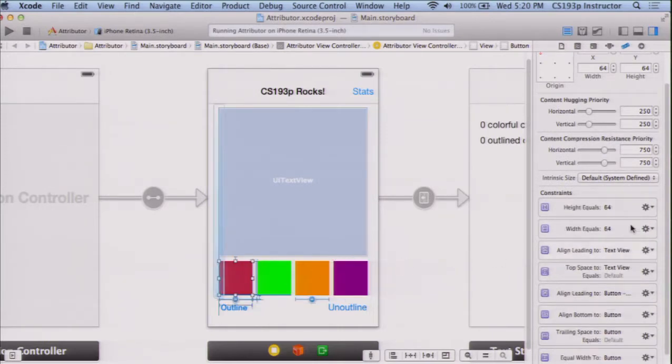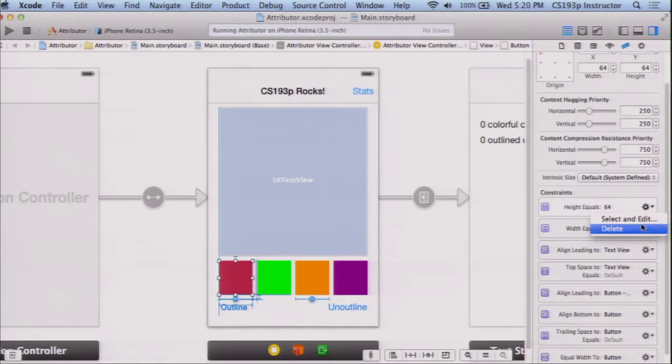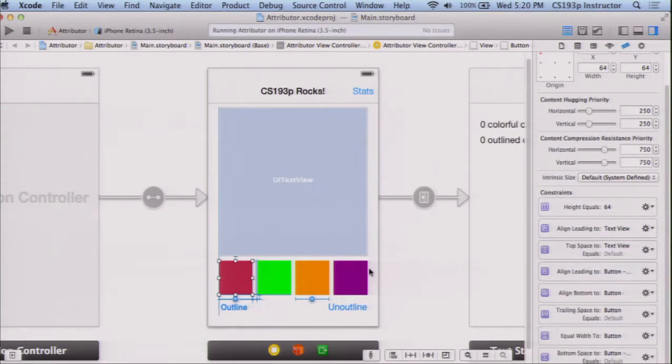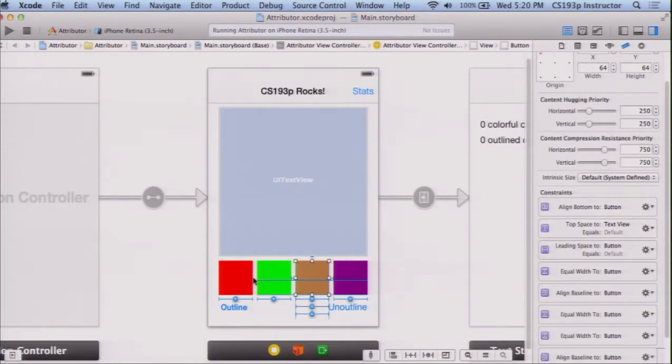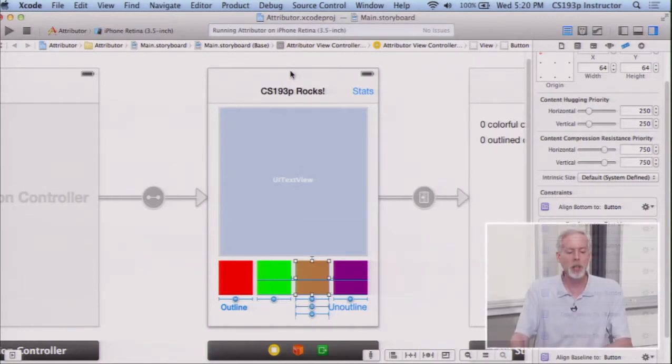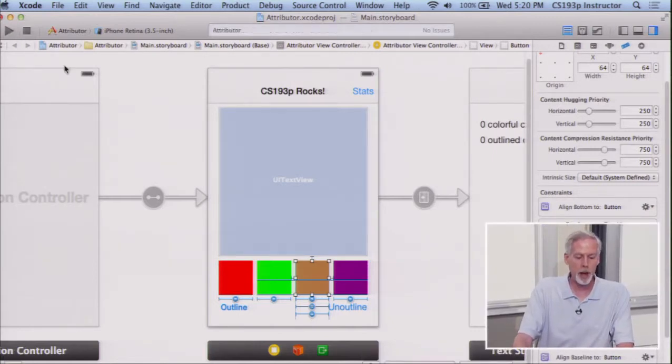So this is easy to fix. I'm just going to delete these width equals 64. It's not the height equals 64. So let's delete the width equals 64. Let's delete this width equals 64. And we'll delete this one. Okay? So this height, nothing turned yellow. Okay? Nothing was like missing constraints. Okay? It's all completely still specified. And now if we run,